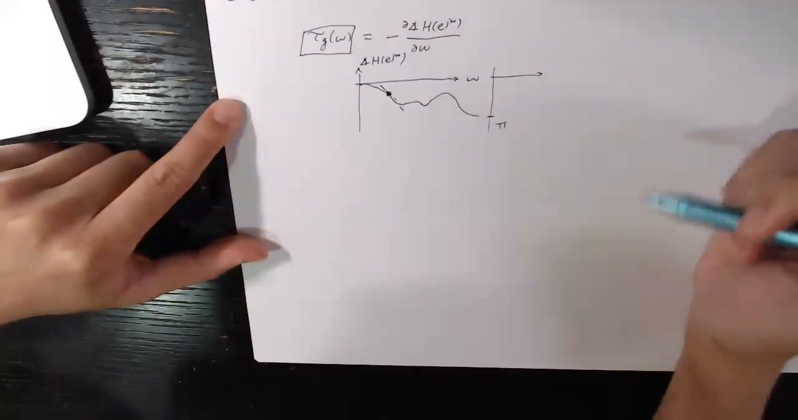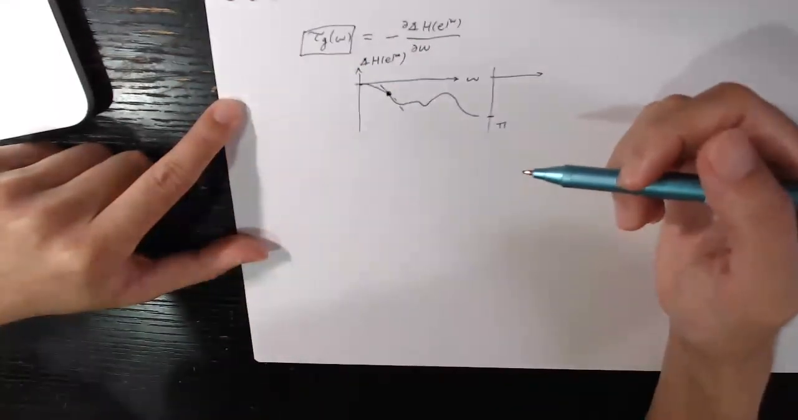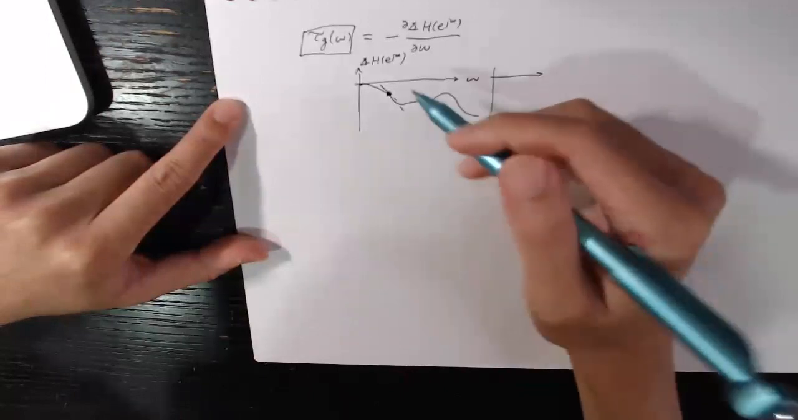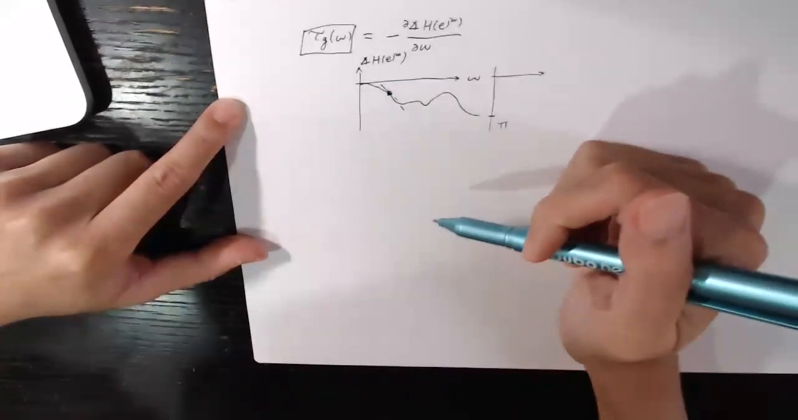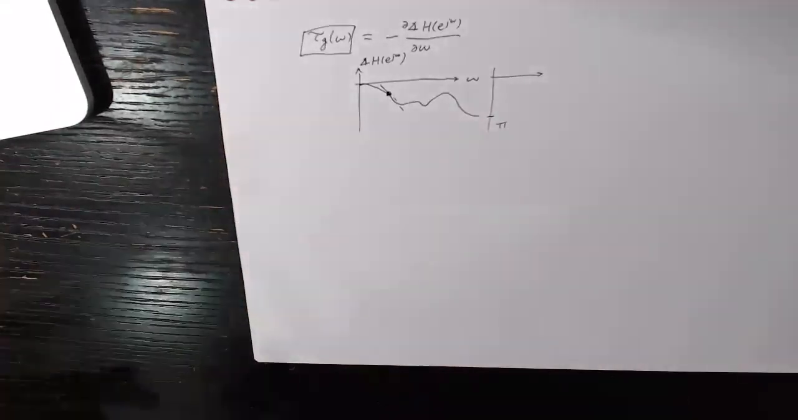Okay, but then the question, that's a very good question. Why do we look at it? This is strange, right? Looking at the slope of the phase response. Well, what could that really mean? Okay, so to answer that,